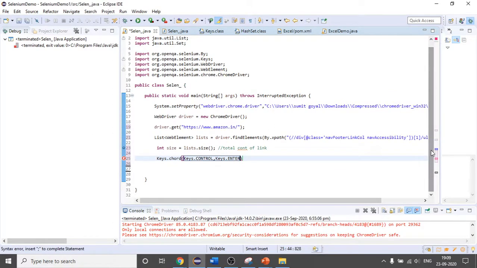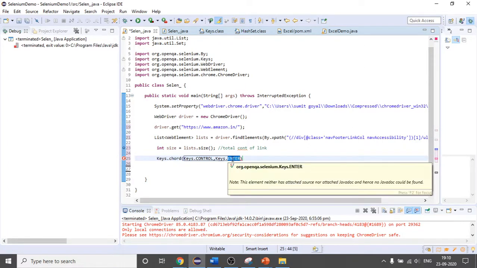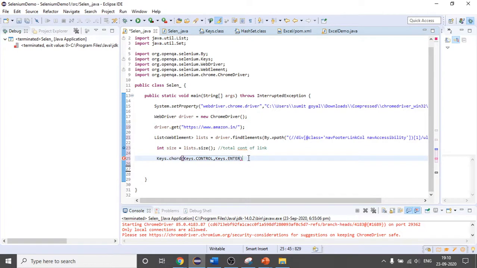You might have seen this as well when you try to log in on a page. Suppose you have to log in on Facebook, right? You provide your username and password, and instead of clicking the sign in button, you press Enter, and then you will be able to click the login button. So here also, instead of sending the left key, we are just sending Enter, and after that,